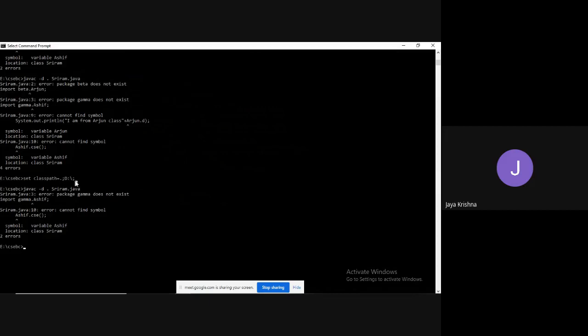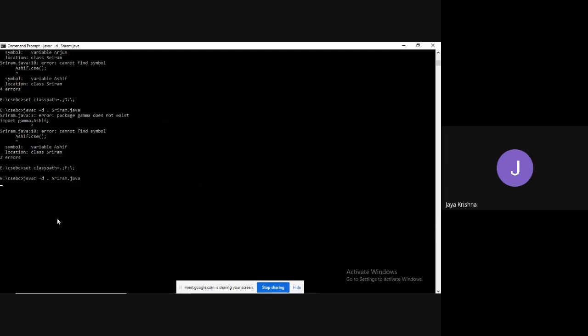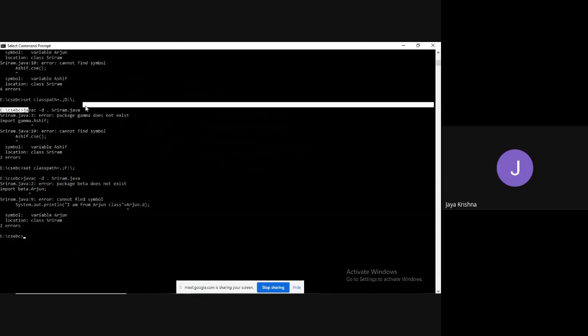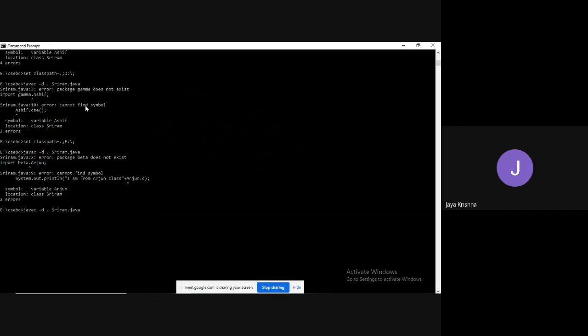Yes. Now, to overcome this error, I am trying to set the class path for F drive. Now try to execute once again. You got once again the errors related to D drive. Meaning that whatever we set through the command prompt is erased once we set another class path. So instead of that, what we can do is combine both.